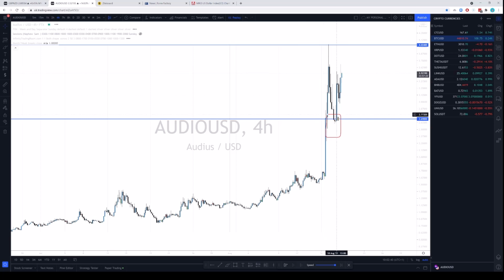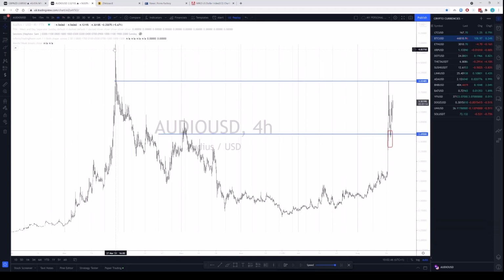So the fact that we are reacting off from the breaker and not going below it means that it has potential to now go and attack this high, because the PD arrays are just what, if it's going to go up, they're going to be target levels. Okay, now